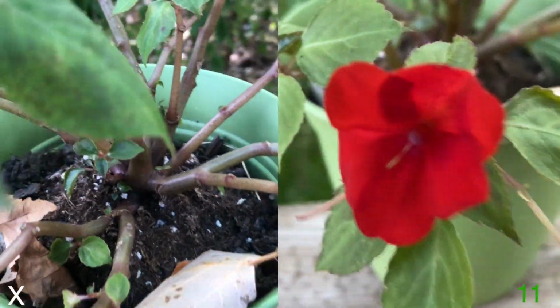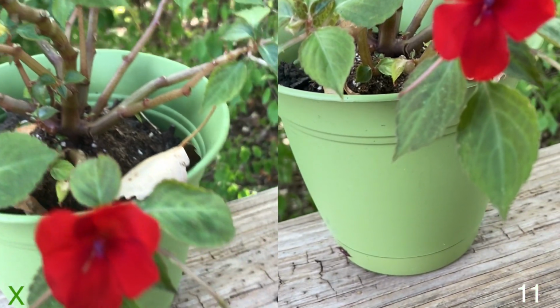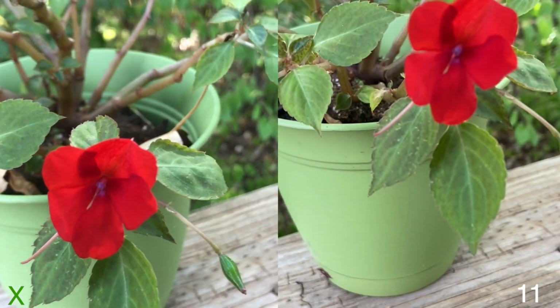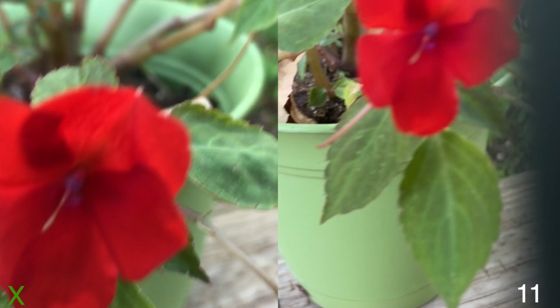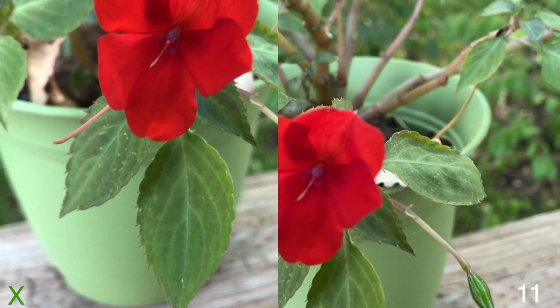But it seems like, I don't know, the optical image stabilization, the OIS, seems to be better on the iPhone 11. That could be totally just me tripping, but I don't know, it seems okay. Let's kind of focus in on this red flower, see if we can do that. Let's see if we can focus in on this red flower. I just messed up a little bit, but